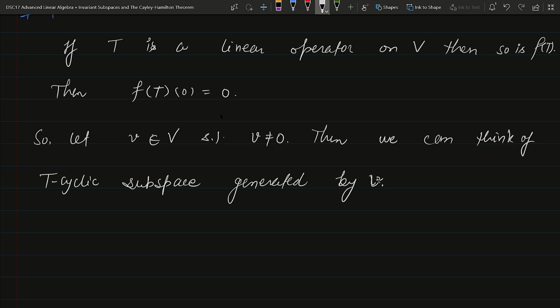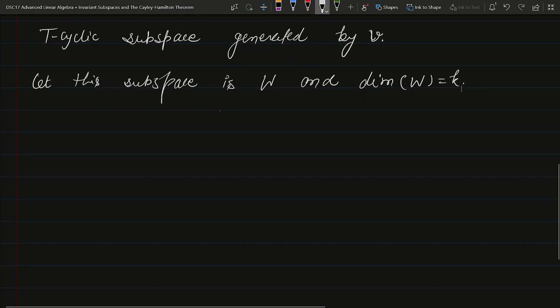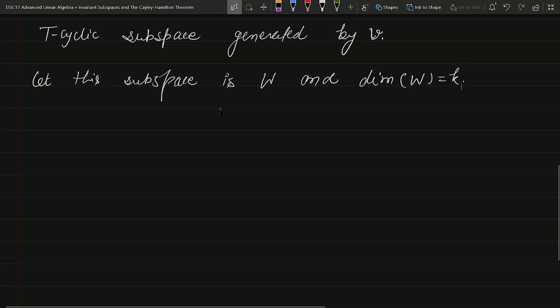Okay, and let this subspace be W and dimension of W equals to k. अगर W T साइक्लिक सबस्पेस है और इसका डायमेंशन k है, then